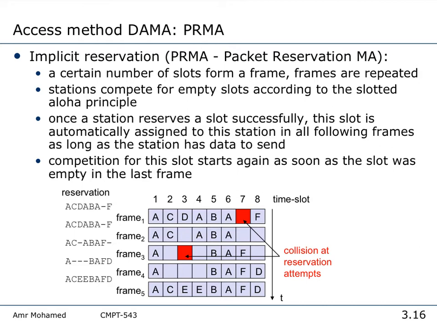If this data gets through, the access point after the end of this frame will announce the fact that node A was able to get this time slot successfully. What does that mean? This means that node A has seized the access to this time slot forever until